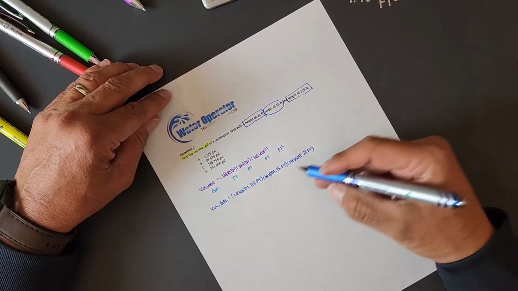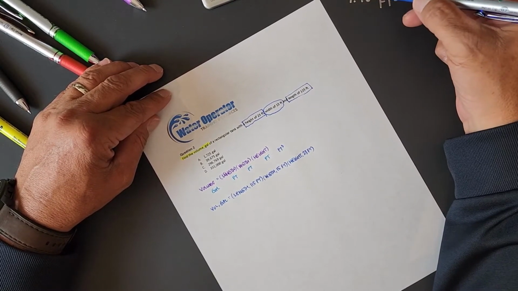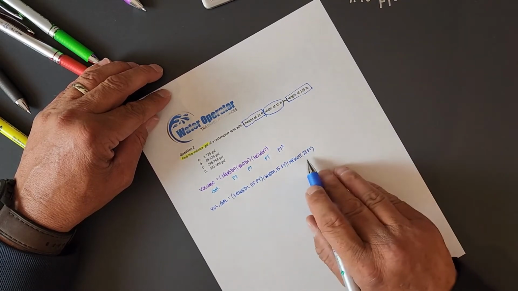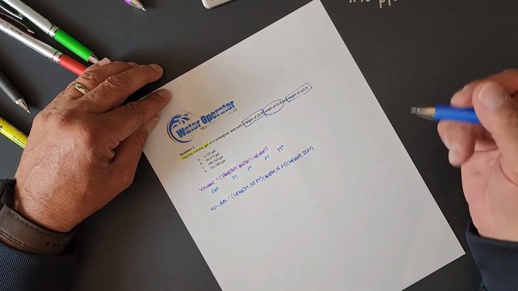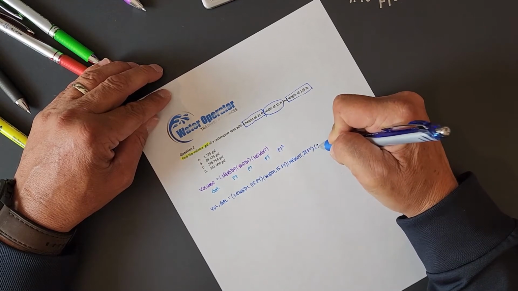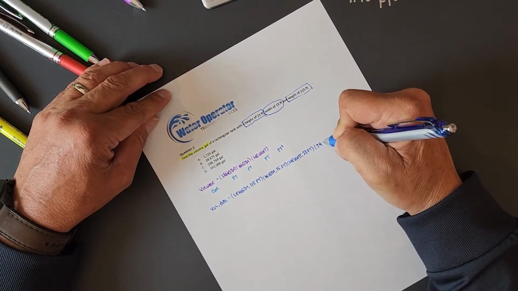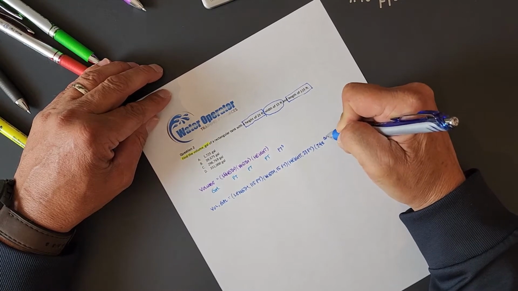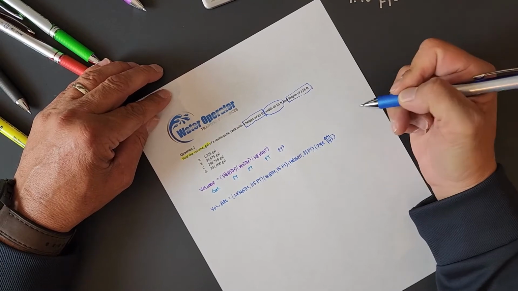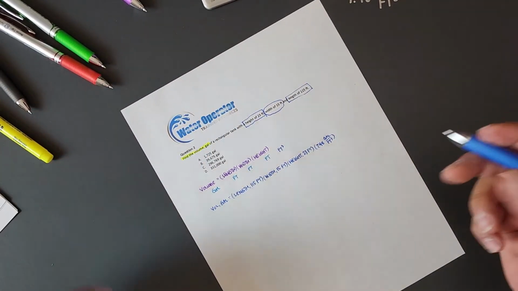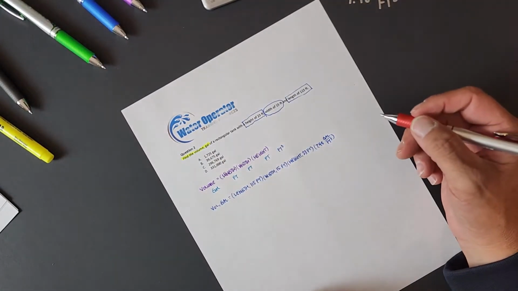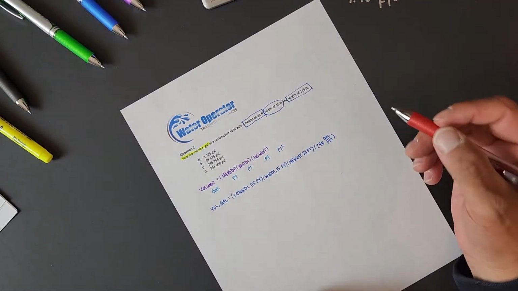Now we also need to include 7.48 gallons per cubic foot, because we're going to take this and convert it to gallons. So we're going to include this conversion factor, 7.48 gallons per cubic foot. This is important to understand, because when we look at